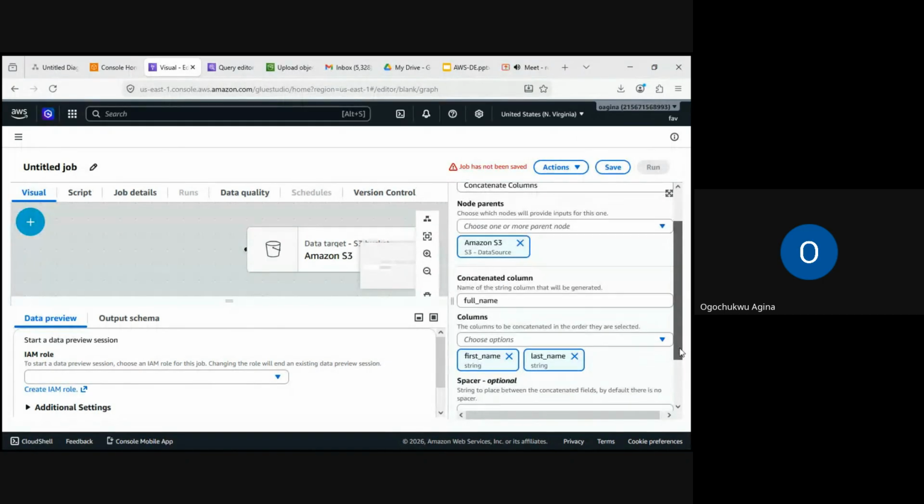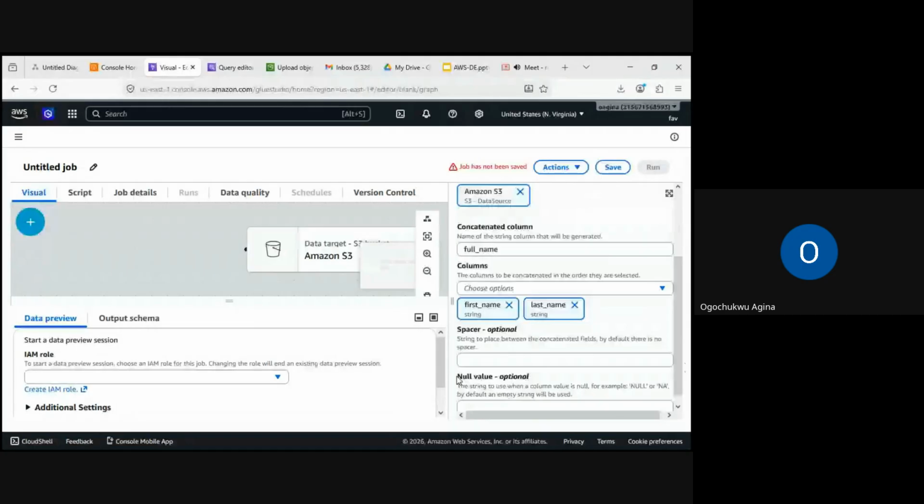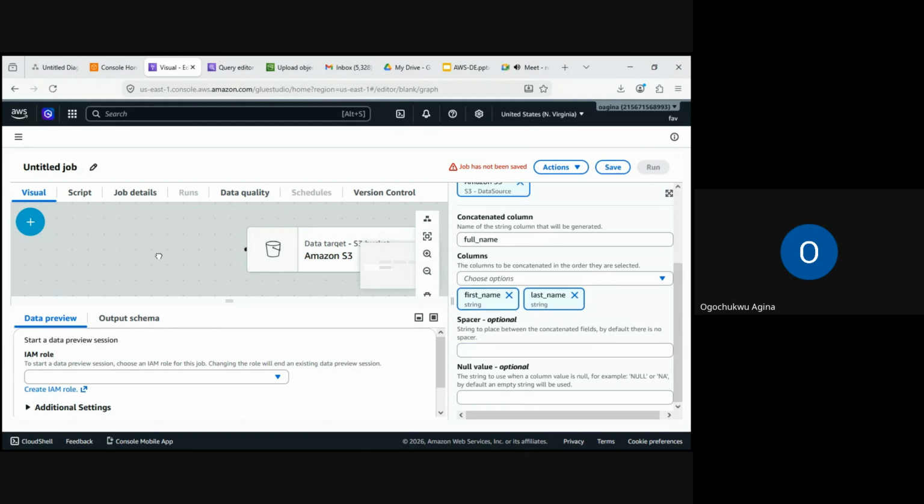All right, after that, the spacer here means in between the two columns we are concatenating, what is going to be the separator? Of course, for a full name we use space, so we'll just put space there, and that's it for